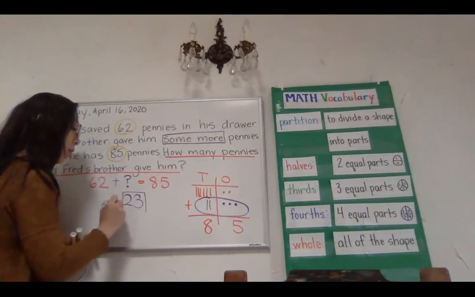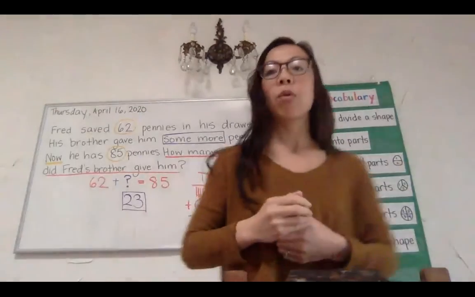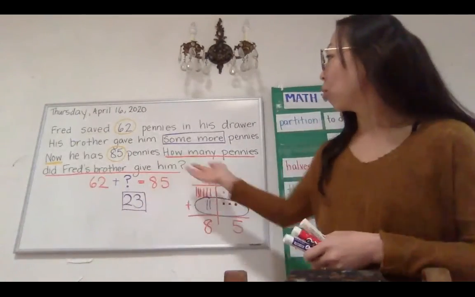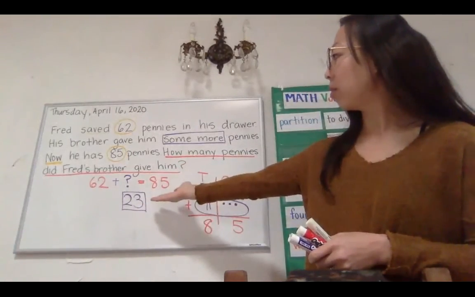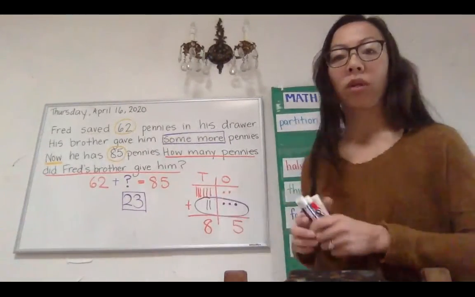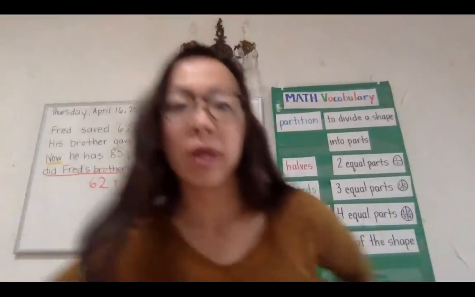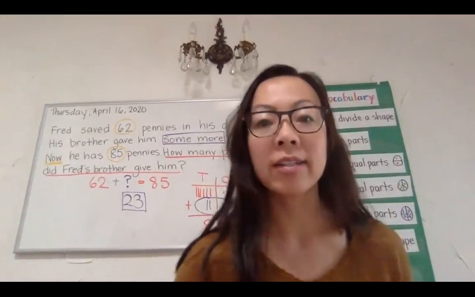So awesome job for those of you who've been boxing up that unknown addend because that's our job. We're figuring out how many more pennies did Fred's brother give him. And we can see that Fred's brother gave him 23. So excellent job for those of you who've been showing that work. Okay, now in our fractions today, guys,